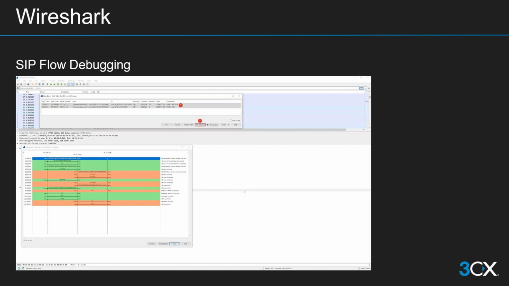Then Wireshark SIP flow debugging. We have here literally, let me quickly check if there comes an additional page where they explain it. No, not really. No. So we have literally, bear with me. We have here two call legs. We mark them both, and then we literally say flow sequence. Then we can